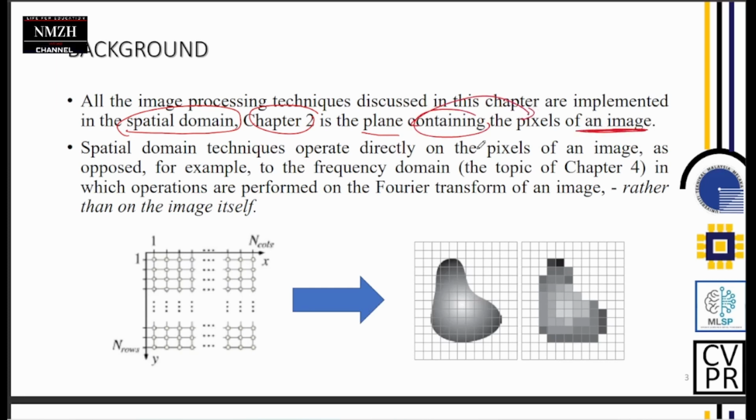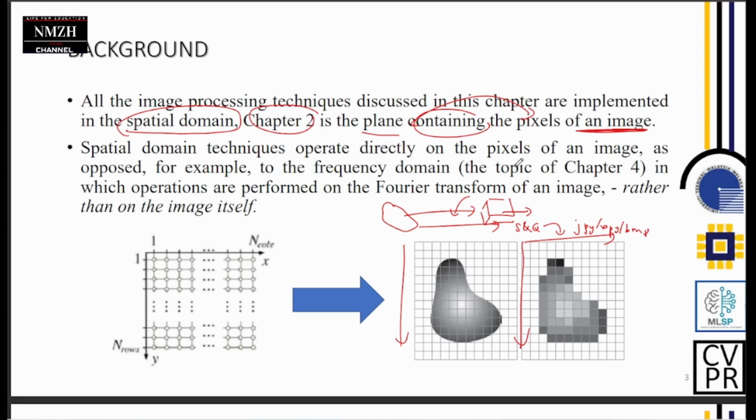The plane consists of x and y. This basically happens in the CCD chips, observed by the camera. After sampling and quantization happen, we have JPEG, PNG, and bitmap. This is what we have done so far, the spatial domain,